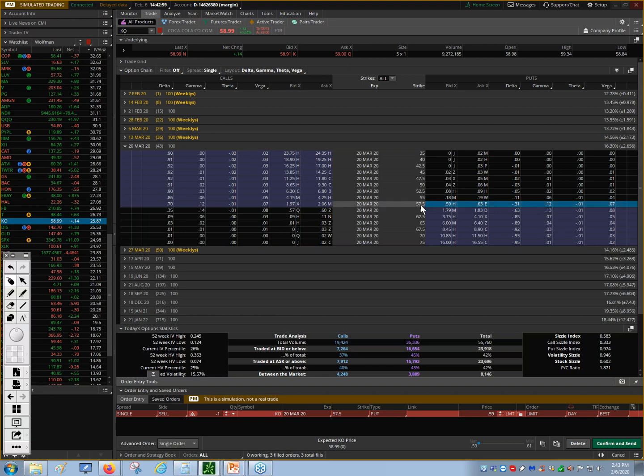I ended up buying this at 57 and a half, but think about it. With this credit, I was able to buy it below where it's currently getting put to me, so I'm not too concerned about that at all. Just know that you always get to keep that credit, even though it's gone below your strike price. You've got to remember that credit is still yours, and that still brings down your break even